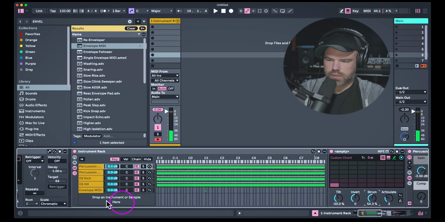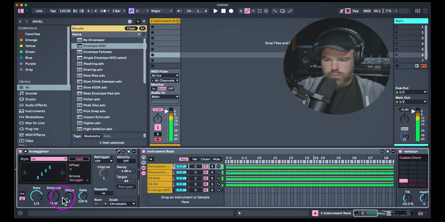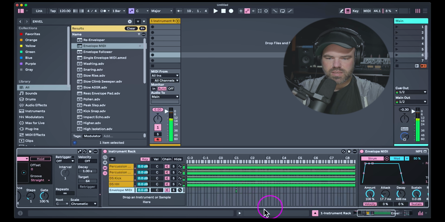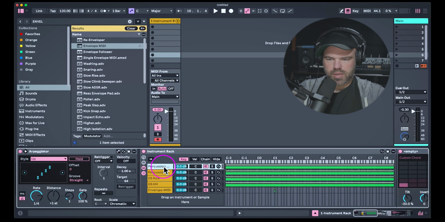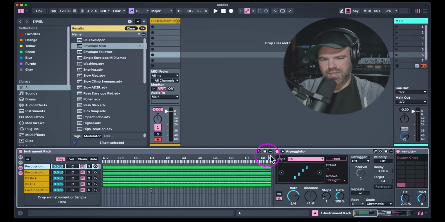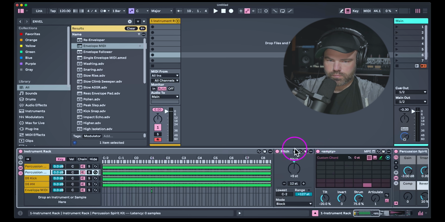This is kind of interesting. So the way this is set up right now, it's getting a little bit messy because to change the actual drum hits that are coming through, we're going to play different notes. But if we go up, then our triggered MIDI envelope here is falling out of line. So we could do a couple of different things. You could actually put the arpeggiator in here directly, so this one would have its own arpeggiator, this one would have its own arpeggiator. And that actually makes a lot of sense because then if we do that, copy and paste,